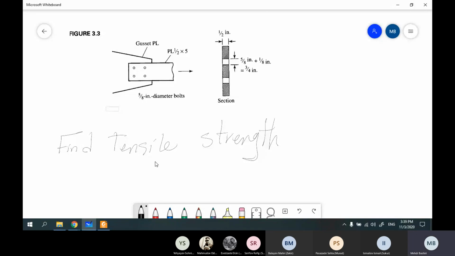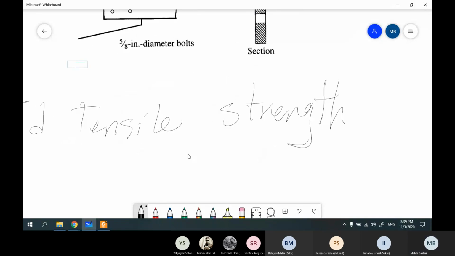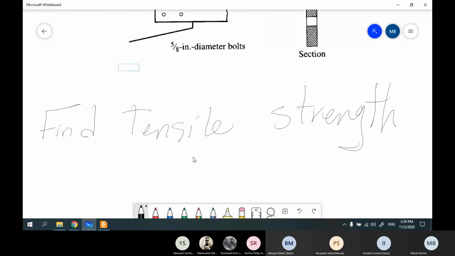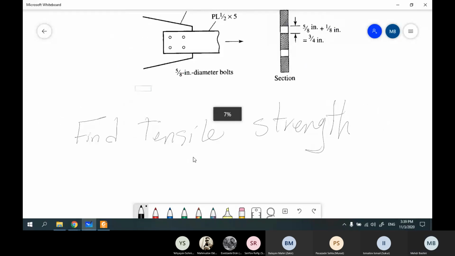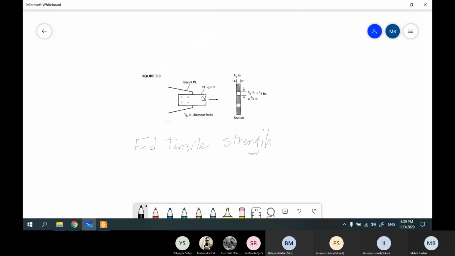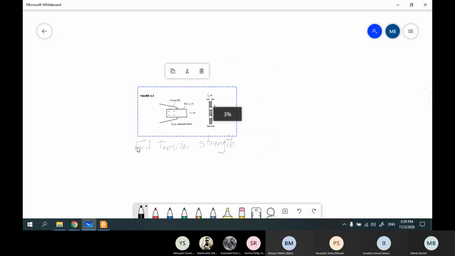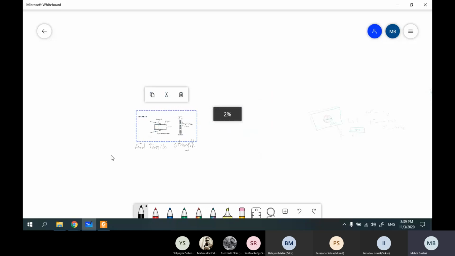Okay, find tensile strength. So let me write down the